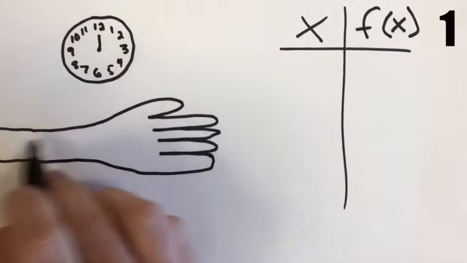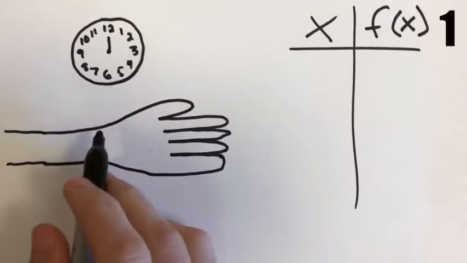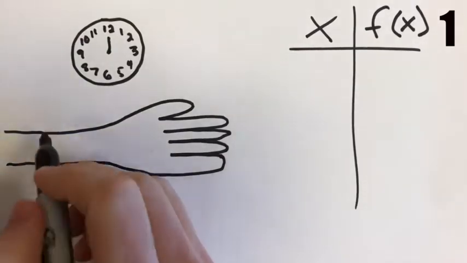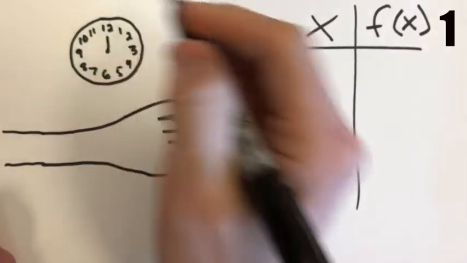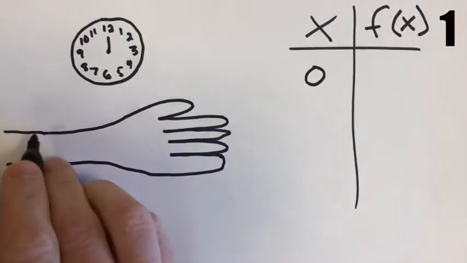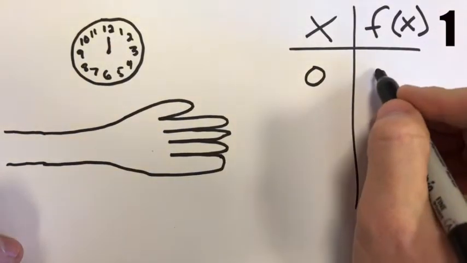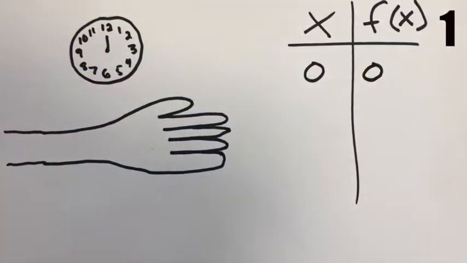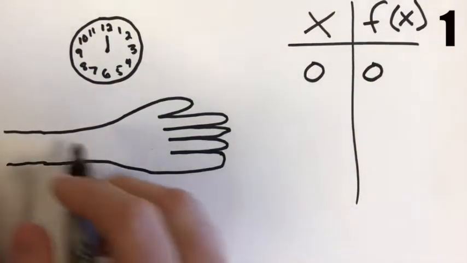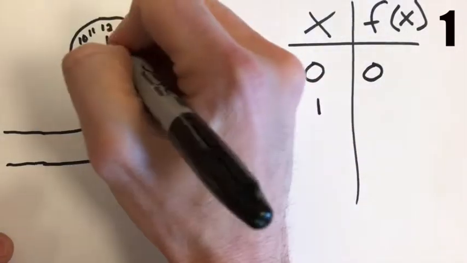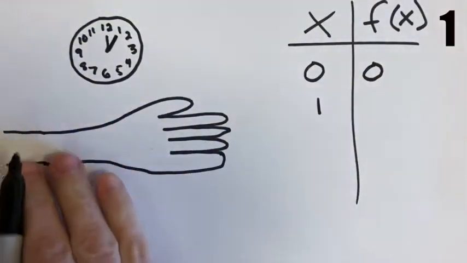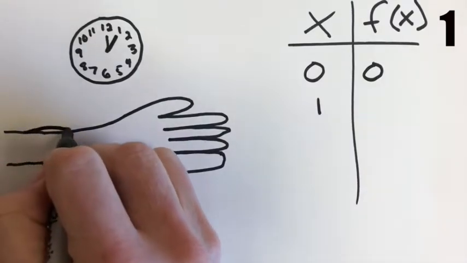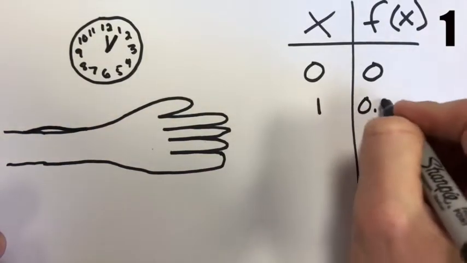Okay, in this scenario, you imagine somebody's forearm or wrist gets hit with something and begins to swell. So this happens, let's say, at noon. So after 0 hours have passed, the swelling hasn't happened yet since it's just been hit. And so that swelling is 0 centimeters. Now, after 1 hour, so now it's 1 o'clock, the swelling has increased. So there's like a little bump on the arm, and it's 0.15